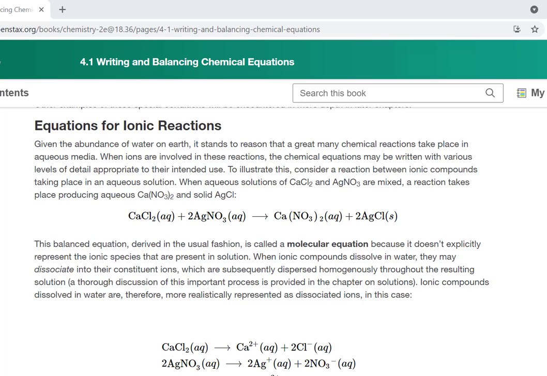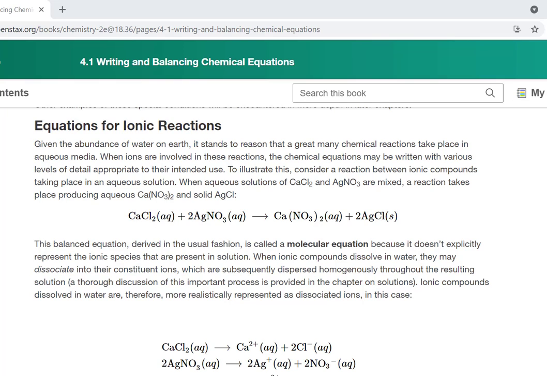The last thing we'll look at in module section 4.1 is equations for ionic reactions. This is a concept that will continue to be important as we move on into section 4.2. So I want to spend a little bit of time discussing this, and then we'll discuss it more as we move forward. So many important reactions, and in fact, most of the reactions we will be working with in the lab this semester are ionic reactions